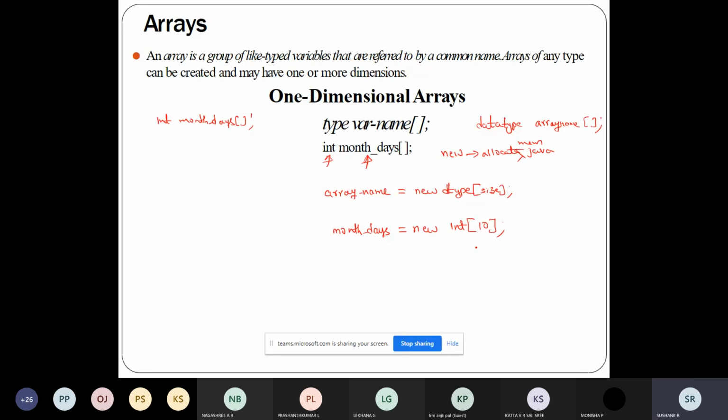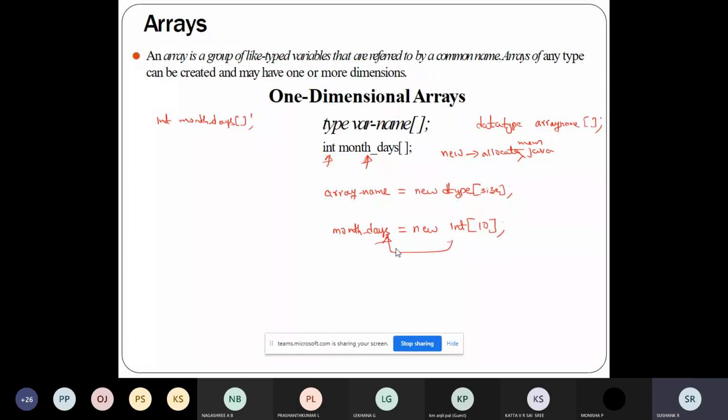If I write like this, this line will allocate a 10 element array of type integers, and it will be linked to month_days.